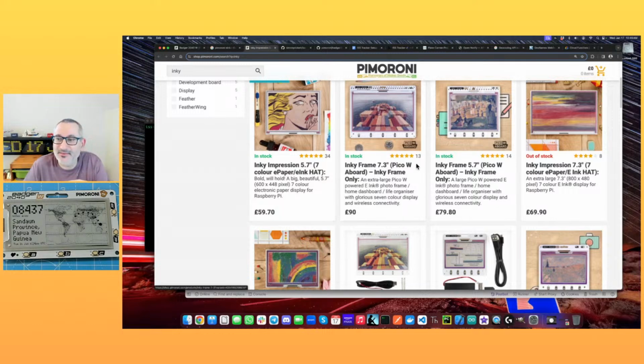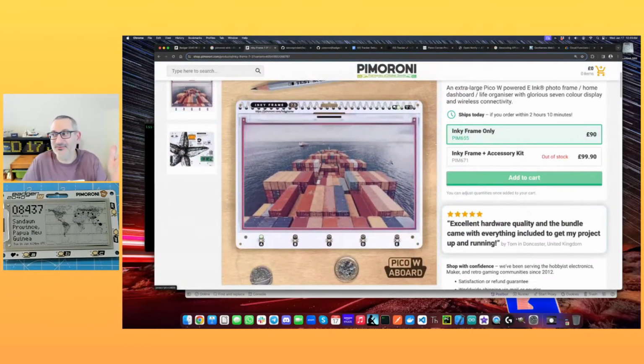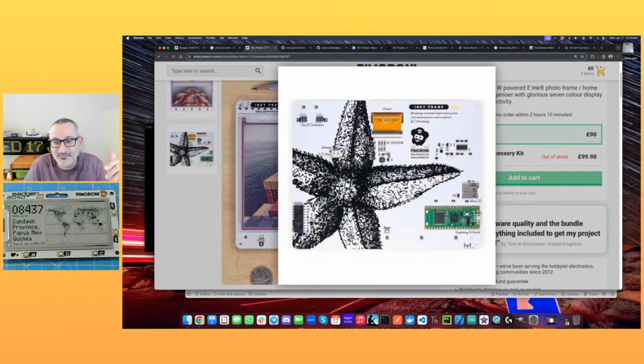And you can get this one as either a hat if you've got a Pi, a regular Pi, or let's just pick this. I love its shipping containers. You'll notice behind me there's shipping containers and shipping ships and stuff. But the stock image is shipping containers. This one's got some colors and it's a bit bigger, but it's basically the same deal. On the back there's a Pi W, there's a micro SD in this case, I guess,